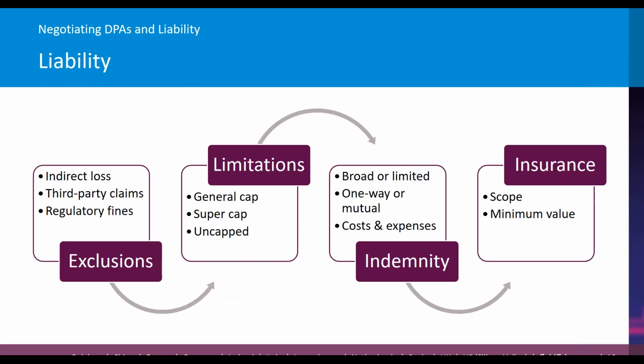Okay, so now we come on to probably the most contentious topic, and that's liability. I mentioned earlier that the GDPR and other data protection laws don't prescribe what liability terms should be in place between a controller and a processor, which means there's this big area for negotiation as to exactly how that liability should be apportioned. And it's clearly going to be a really important area for negotiating any kind of DPA. And I'll come back to it now to talk a little bit more about this.